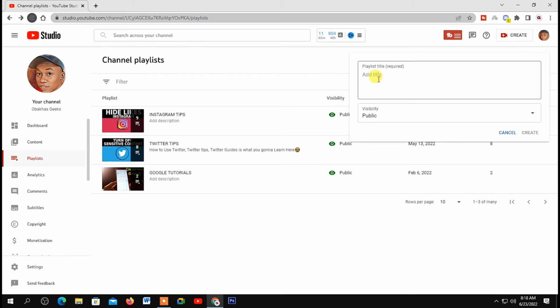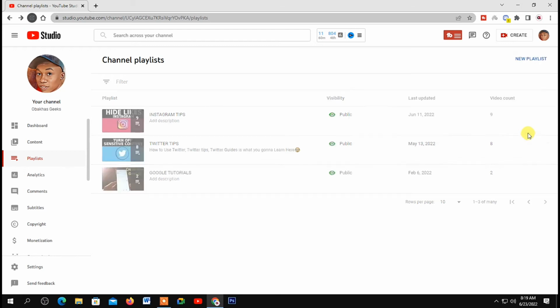Then next, here you need to now type in your new playlist title in this blank space right here. Then on visibility, select how you want to set your playlist. So we have public, private and unlisted options. So I'll select public. Then next, click on create button down here, and here as you can see, your new